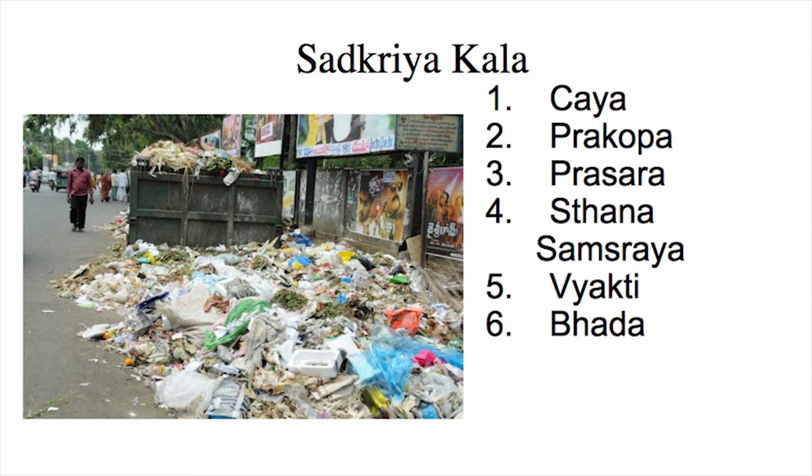When it gets to sthanasamsraya, it's a little bit more complicated, because now we have kapha dosha that's very strong, and we are now starting to get a slight increase of vata dosha as well. And here you can even consider the vata dosha as getting to the state of samshaya. But the reason here is that it is not vata that has increased on its own, it is vata getting disturbed because of the strength of kapha, and because kapha has now gone into its domain and it's disturbing vata as well.